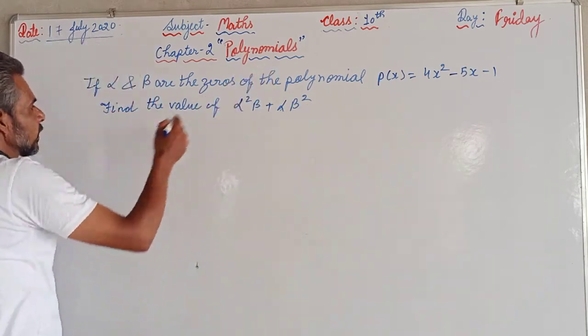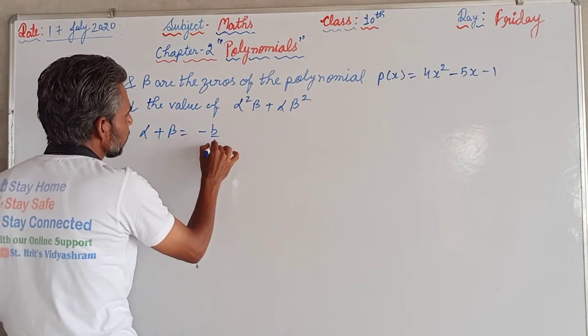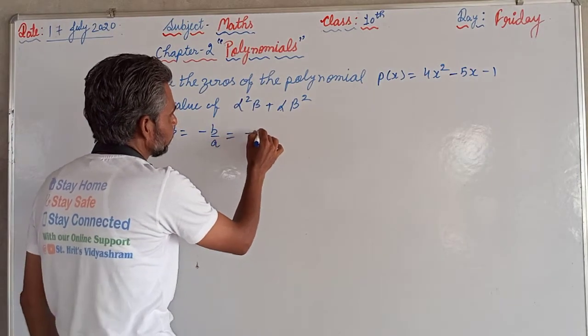So first of all we will calculate alpha plus beta. Alpha plus beta is equal to minus b upon a, meaning minus